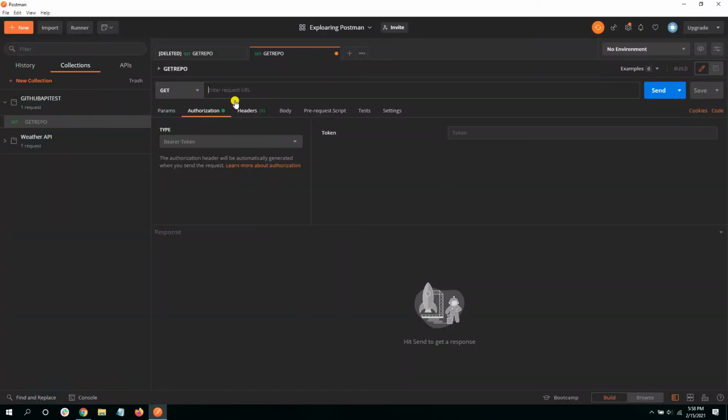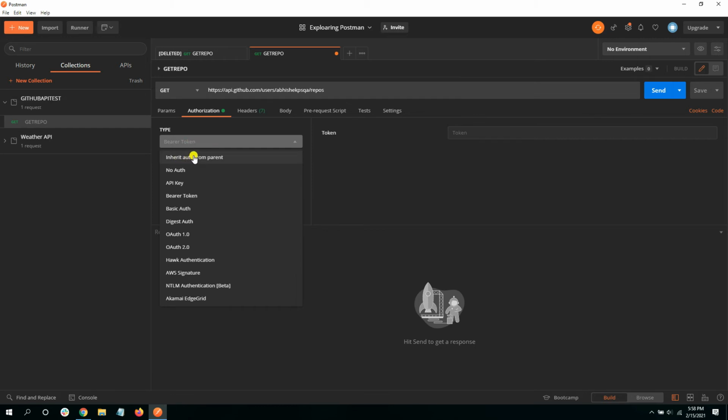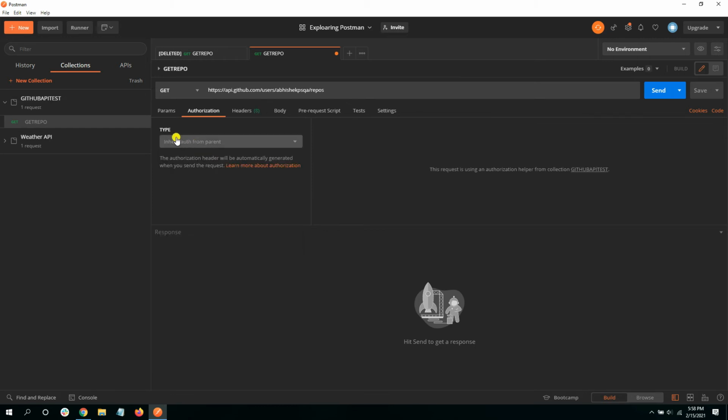and go back to Postman, paste it here, and this username, give it your GitHub username. Okay, GitHub PSQ repository. Now, before sending it, make sure that you select inherit auth from parent under this drop down, because our authentication right now lies inside the collection, so we want to inherit it from the collection to the request. Send,